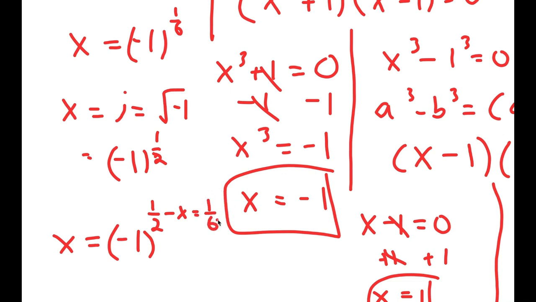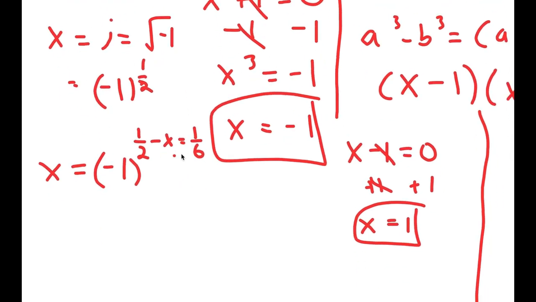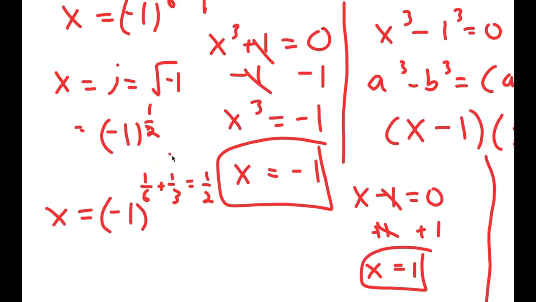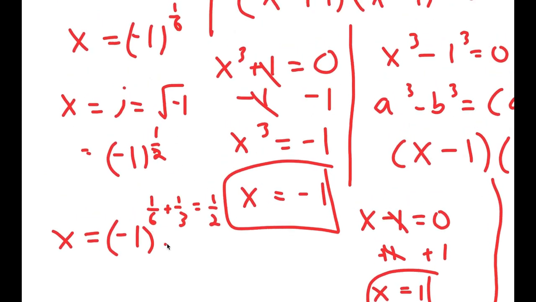Now 1/2 minus 1 over 6 is equal to 1 over 3. So 1 over 6 plus 1 over 3 is equal to 1/2. We know this. Meaning we have -1 to the power of 1 over 6